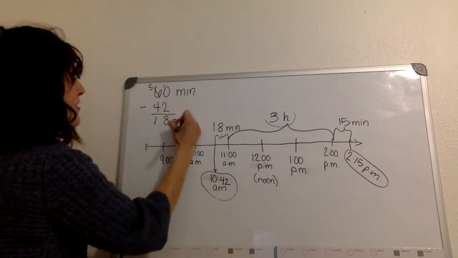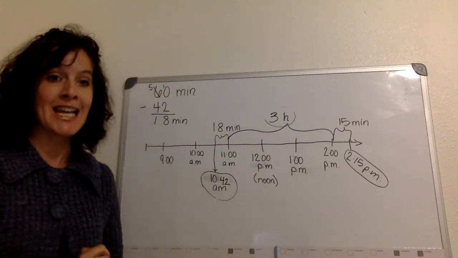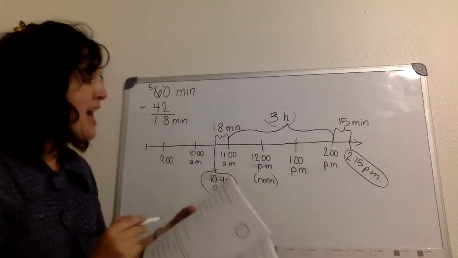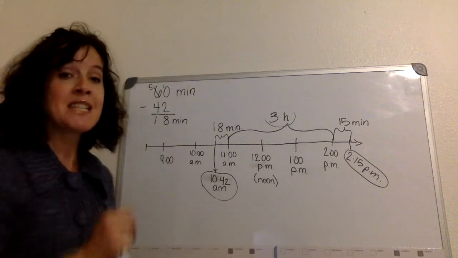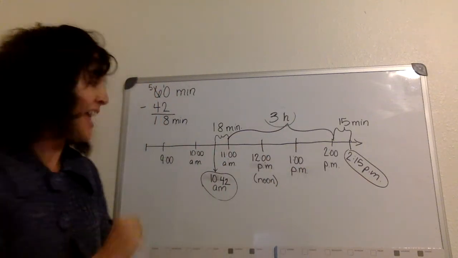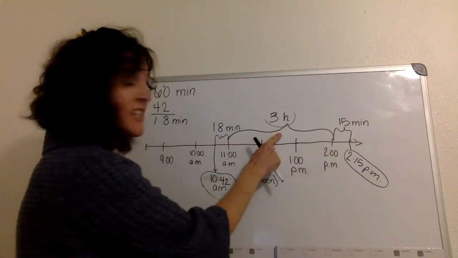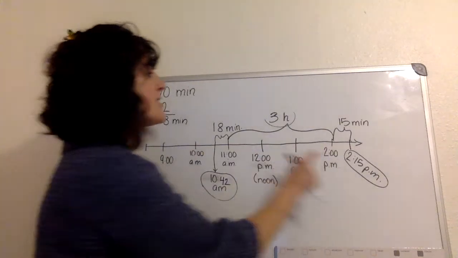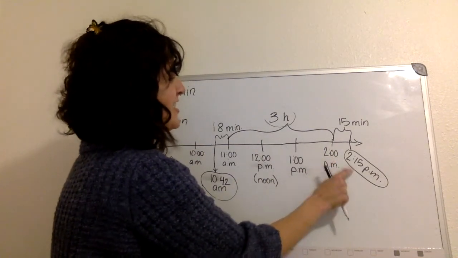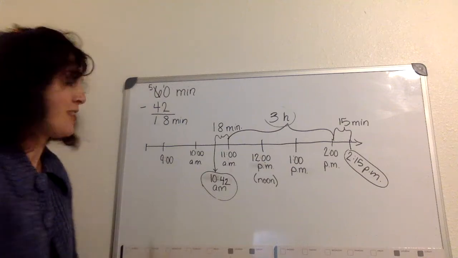And there we go. We have 18 minutes from 10:42 a.m. until 11 o'clock a.m. We have to get to 2:15 p.m. Well, guess what? That is the exact same time I had before. So from 11 o'clock to 2 o'clock, we already determined it was 3 hours. And then from 2 o'clock to 2:15, we've already done that too, 15 minutes. Great, we are done,